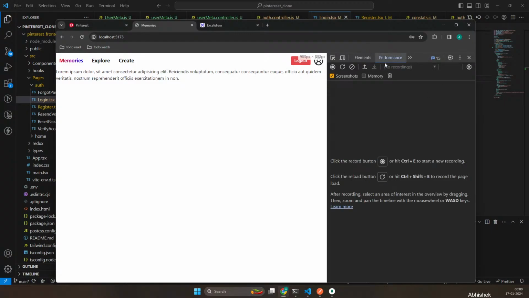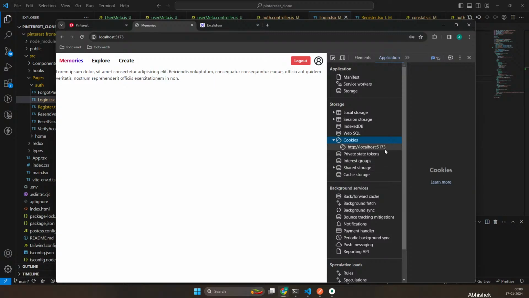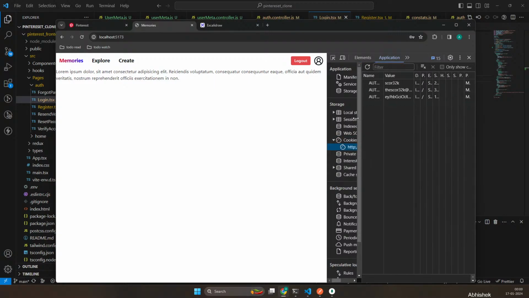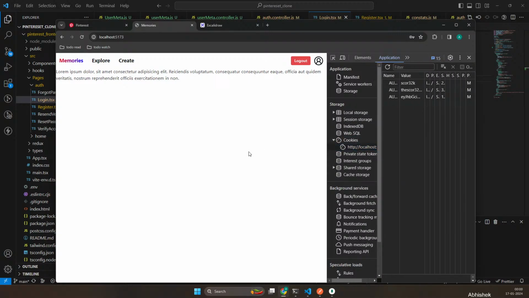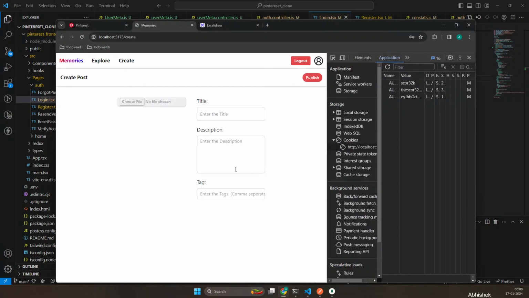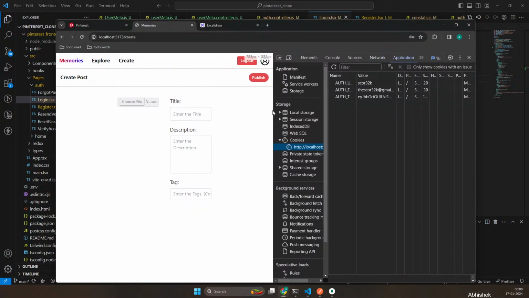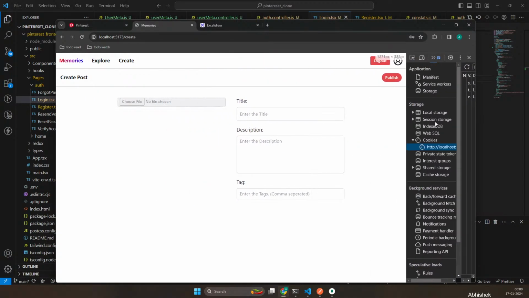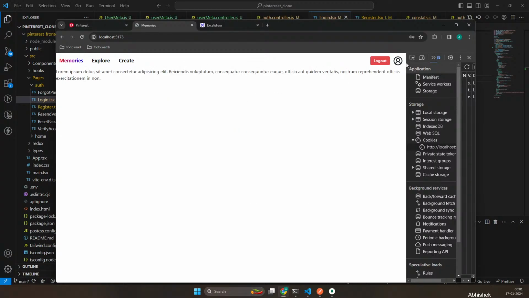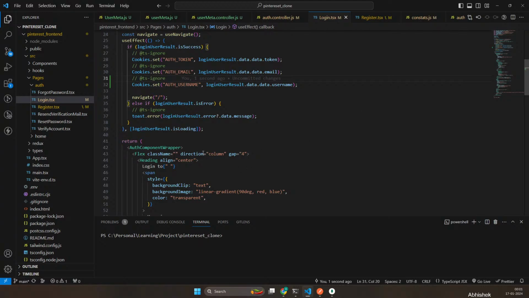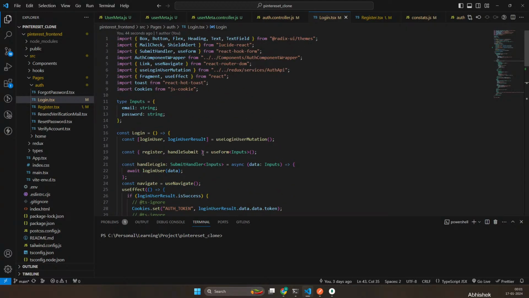In application performance application, I have username. Here is create. Here is settings. Okay, so